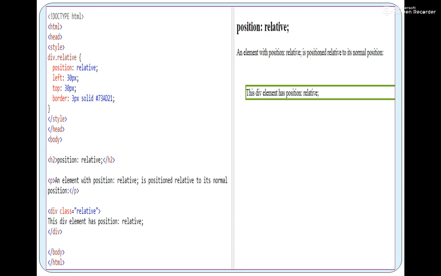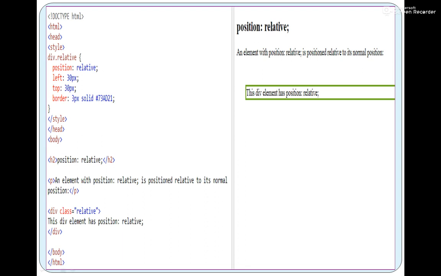It is more. So why did this happen? Also there is one property, border. Again I am giving a border to this element. So what I am trying to say, if the position is relative, how does the element get placed? Just observe. From the left, it had to leave 30 pixels, so it has left the 30 pixels from the left. Agree. But from top, we measure from the top of the screen and from the left side of the screen. So if you see from the top, is it really 30 pixels? No, it is not 30 pixels.